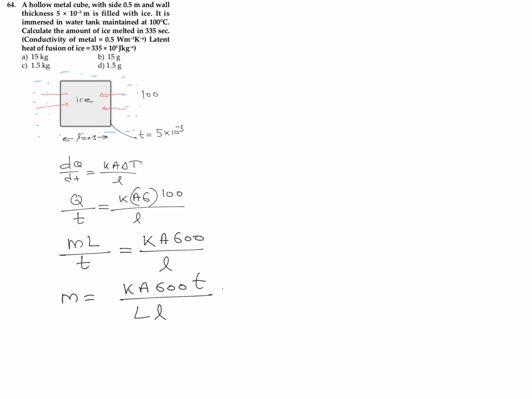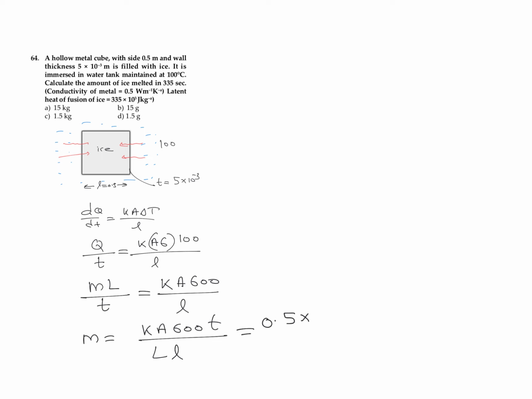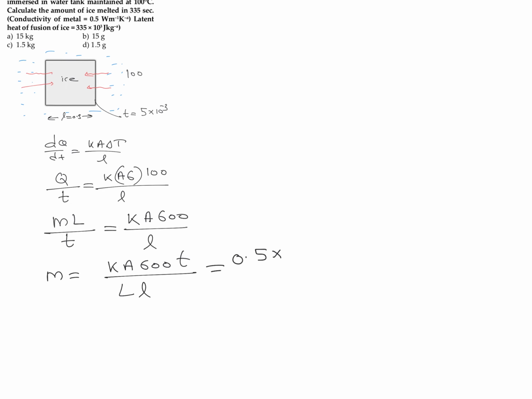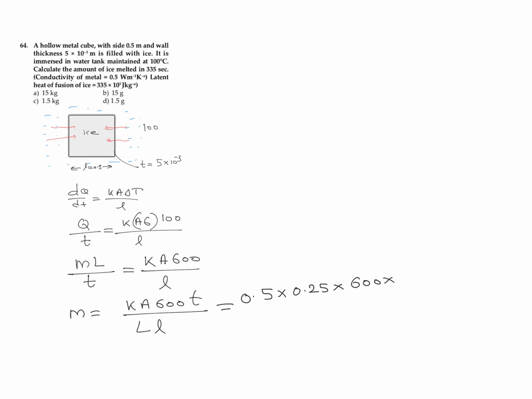Now we can substitute the values. The value of K is the conductivity, which is given as 0.5 in SI units, and the length of one side is given as 0.5 meter. So the area we can take as L squared, which is 0.5 into 0.5, that is 0.25, into 600, into the time taken,